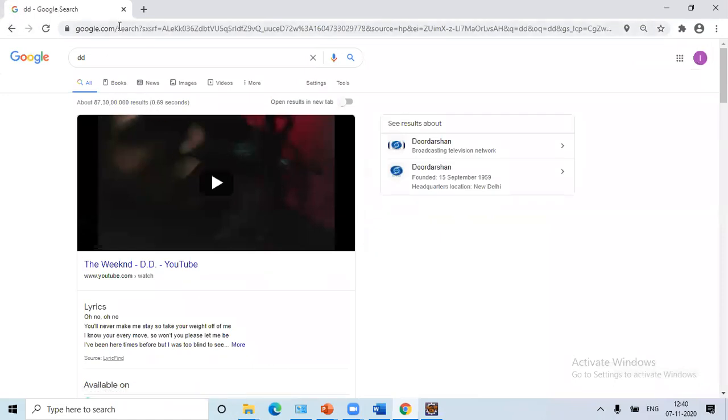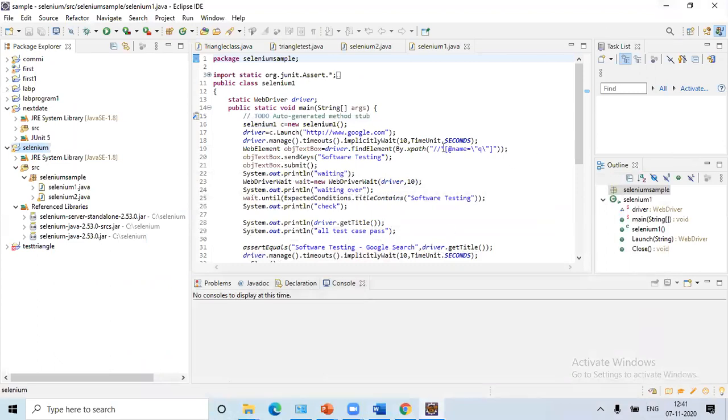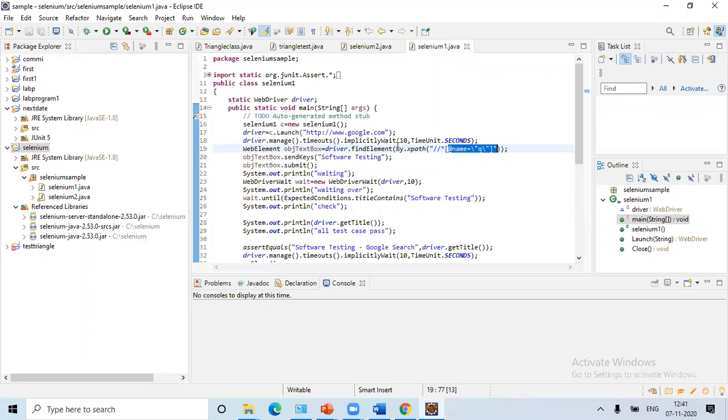So here it will come, whatever we are going to search. Here you'll be having the name and the ID. So that particular thing we need to set to build the path, because for the text box, whatever we have typed, it is going to take and search, right? That's why whatever name is displayed there, we need to give it here. Whenever you are typing anything in the text box, that particular name or ID we should give.